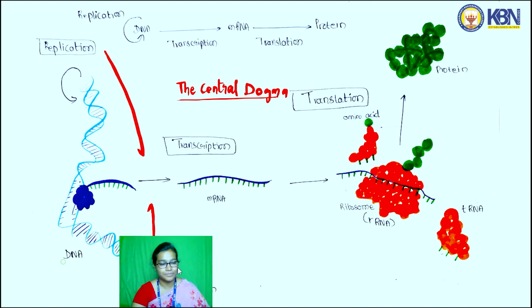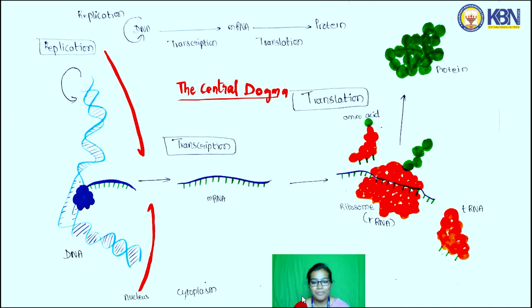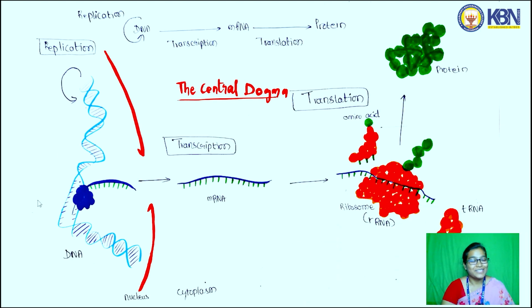If you can see, from the DNA, with the help of RNA polymerase, we are getting RNA. We call it mRNA or messenger RNA. mRNA carries the code of a particular protein. We call it transcription. And this mRNA is bound by a ribosome, and ribosome starts reading the mRNA 3 nucleotides